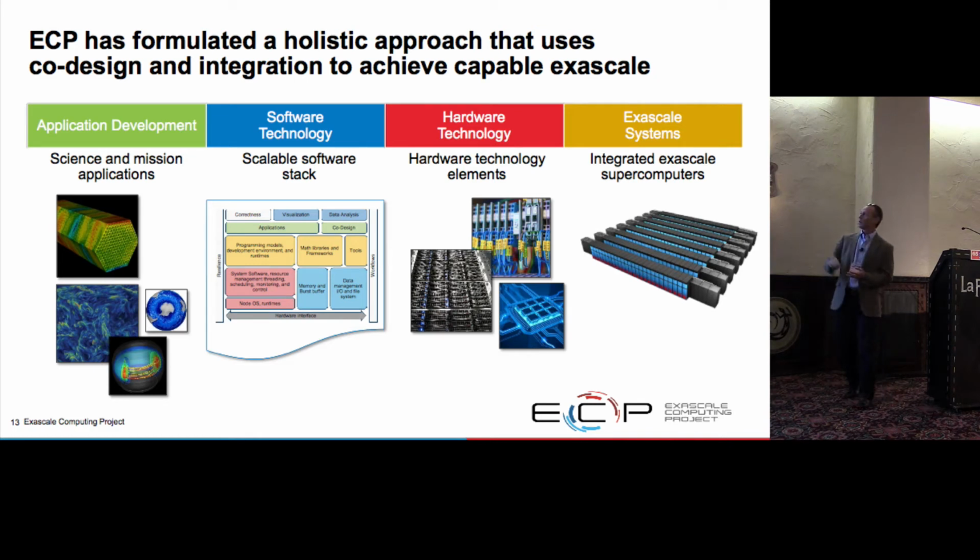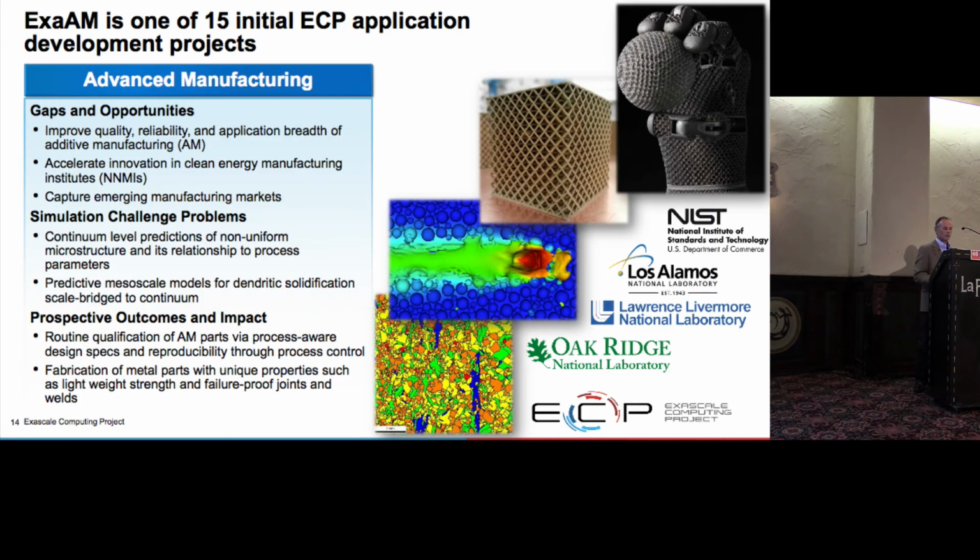So application area, similar to Tom Evans' talk earlier. He's part of the same basket of applications being developed for these new systems. So it's one of the 15 projects that's funded under that application area. As I said, the partners are Lawrence Livermore, Los Alamos, and NIST, along with Oak Ridge. And I'll skip those details because I'd like to get to...